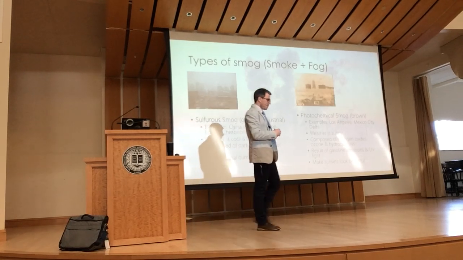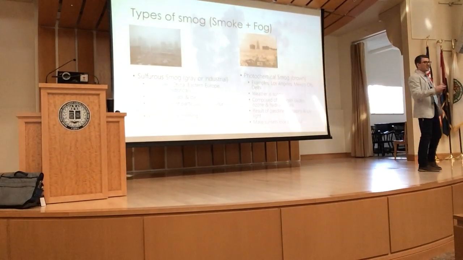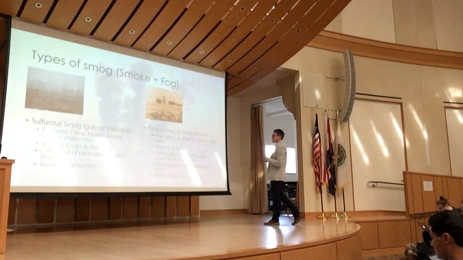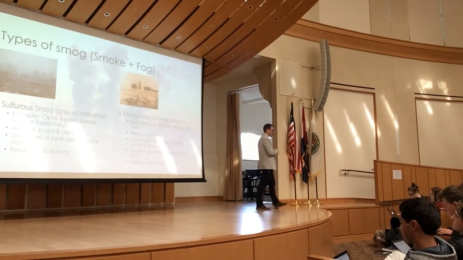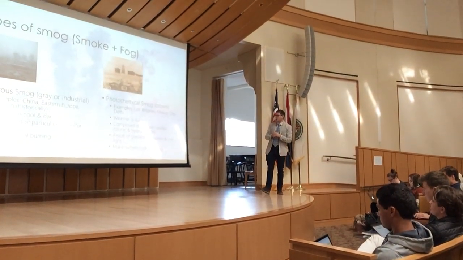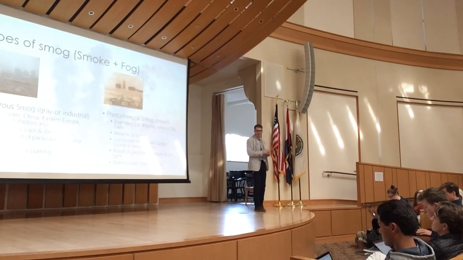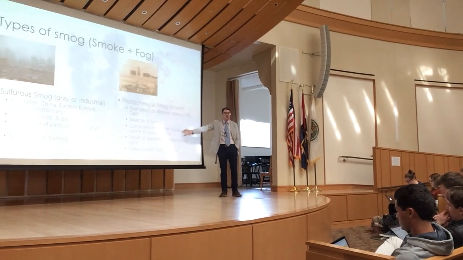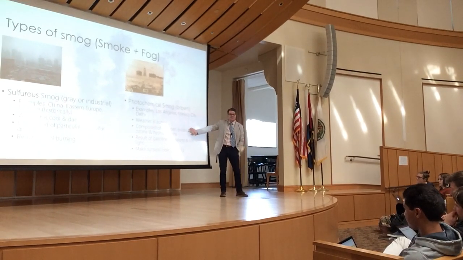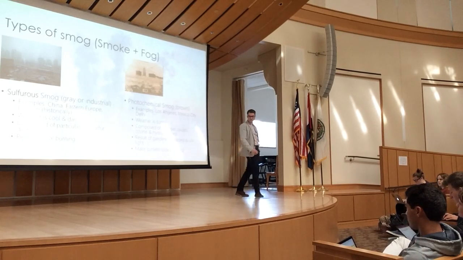Photochemical smog. Again, the sources are a little bit different. Usually more associated with vehicles. So it showed up in California as an example. This is also known as brown smog. This is found in a lot of places like India, in LA, in Mexico City. The weather is sunny. It's not as cloudy. There's not as much water vapor in the air, and it's composed of nitrogen oxides, ozone, and other hydrocarbons. Hydrocarbons and all of these are associated with incomplete combustion of fossil fuels in car engines,